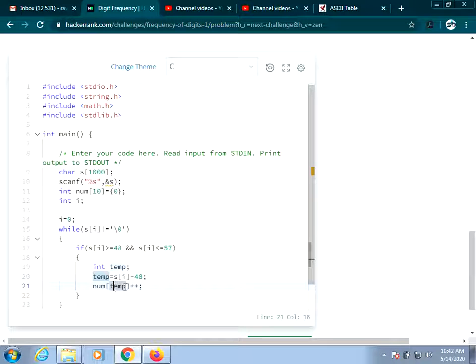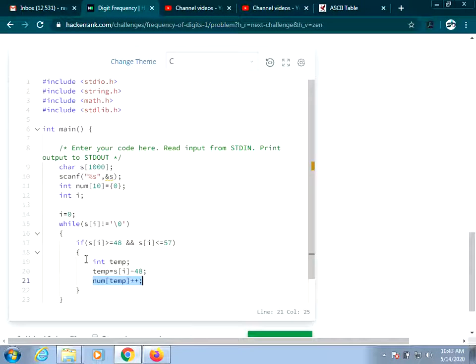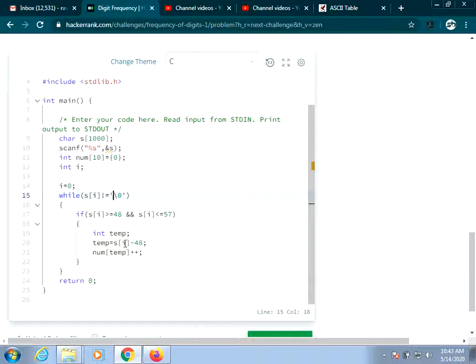I will take this num of 4 and increment it. Up till then num of 4 will be 0. If I do num of 4 plus plus, now I am incrementing the fourth position to 1. Like this you will be counting the frequency of your digits one by one until I reach the end of the characters.